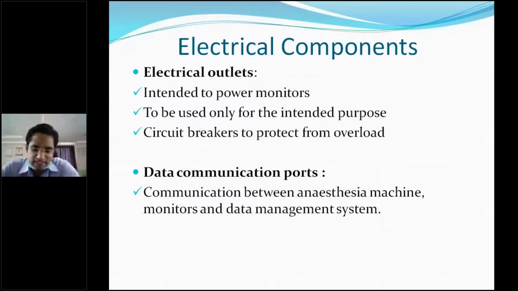Okay. So these data management systems are nothing but the Philips multi-parameter channel monitors, a monitor which has ports for ECG, electroencephalography, electromyography, and the BIS monitor, that is the bispectral index monitor, which is used to detect the depth of anesthesia, and the electric sphygmomanometer, a pulse oximeter, a capnography, all these come under the data management system. So this anesthetic machine has the communication with this data management system and gives the output.